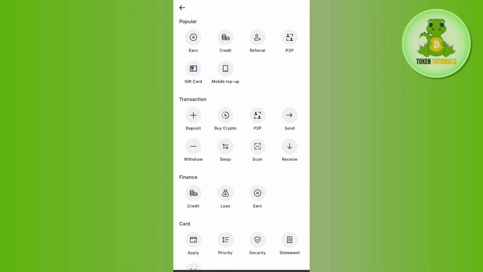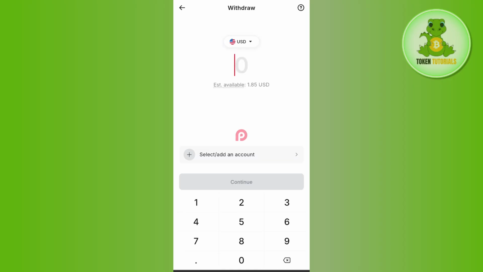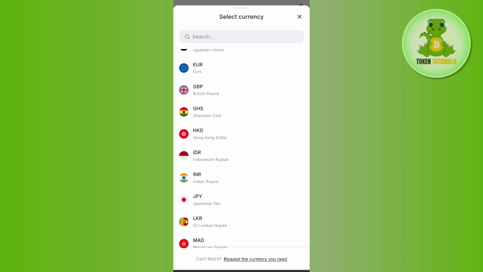Now over here on the home page, tap on the option of more. Then in the transaction, simply tap on the option of withdraw. Now over here select the option of withdraw local currency, and then you will be landed here on this particular page where the very first thing that you need to do is to simply tap on the option of USD or this drop down menu, and then you need to select that particular currency in which you want to withdraw